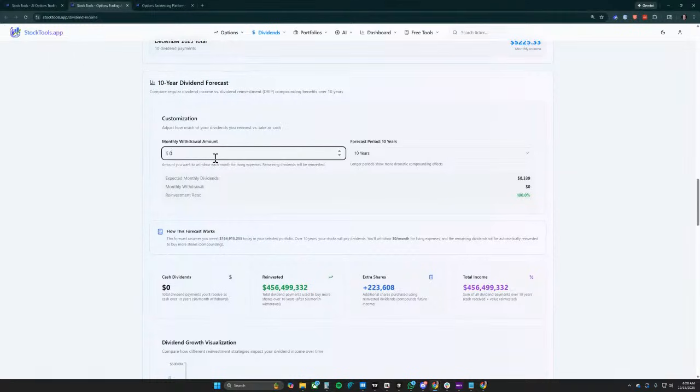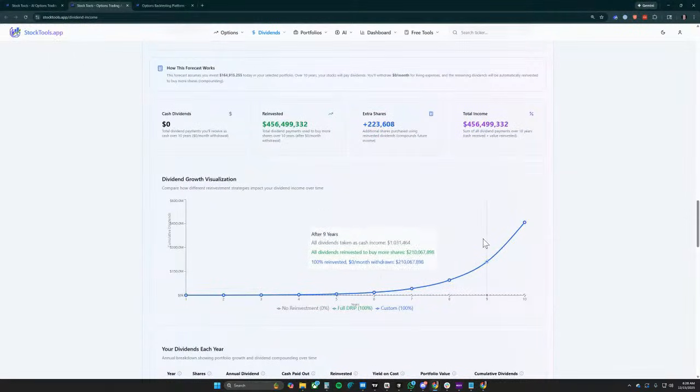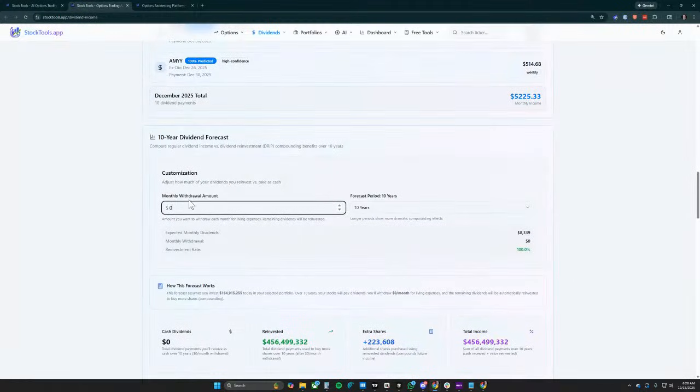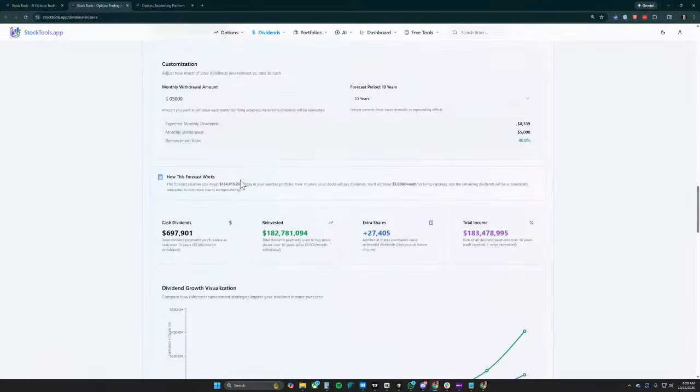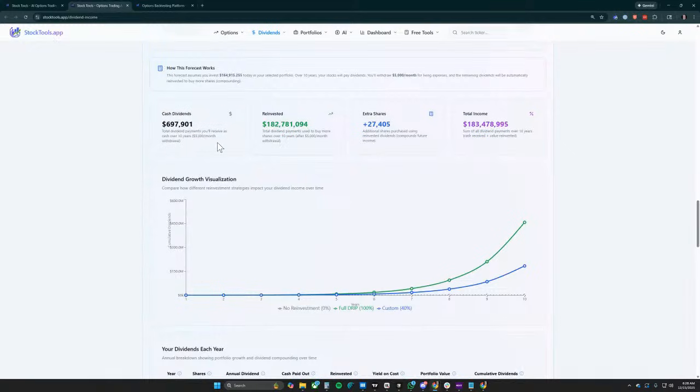And then this estimate, there's a MarketWatch tool that kind of does this, where you say, let's say I need to take out $5,000 a month and forecast over 10 years. You'd be getting this dividend reinvested, and try to figure out what your portfolio would look like over time. This one's showing the 40% reinvested, so you're withdrawing $5,000 a month. How many extra shares would you have? What's your income overall? Some crazy numbers always.